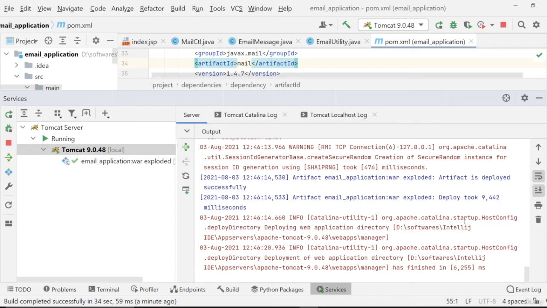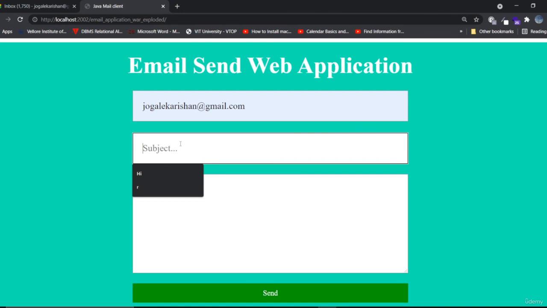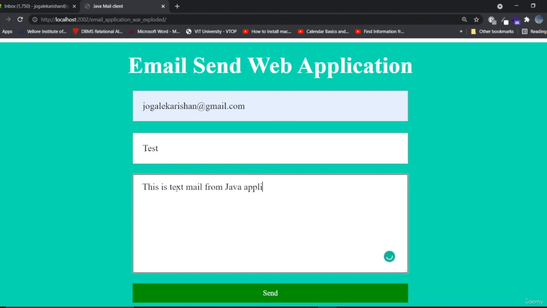I need to put this mail message as test, and the email body is just: this is text mail from Java application. So once I click send,